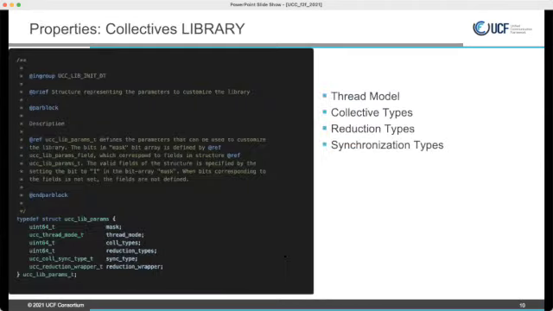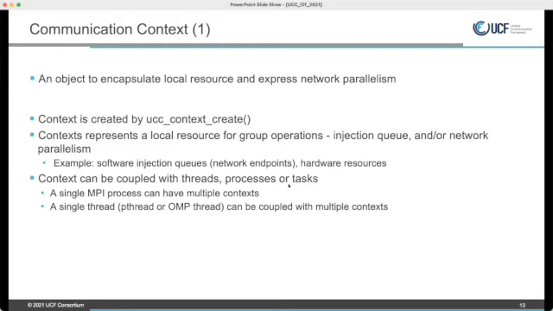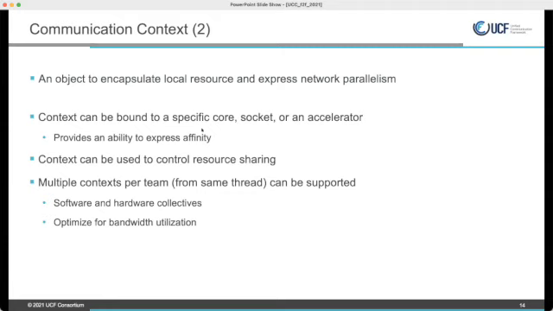You might want to couple context with threads, processes, or tasks. And a single MPI process can have multiple contexts, or a single thread can be coupled with multiple contexts. These are all valid semantics. Again, you can express affinity using context. And we can also use the context for resource sharing.